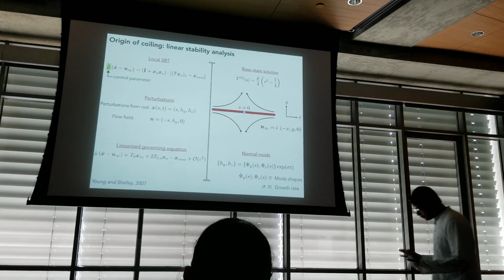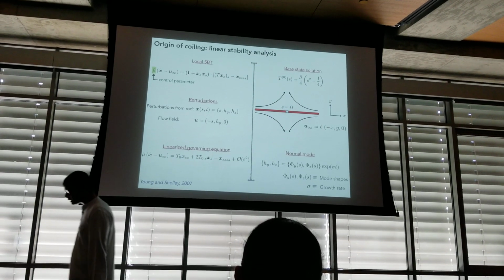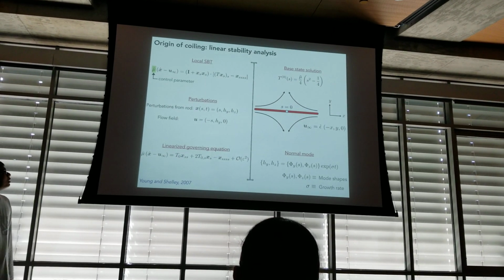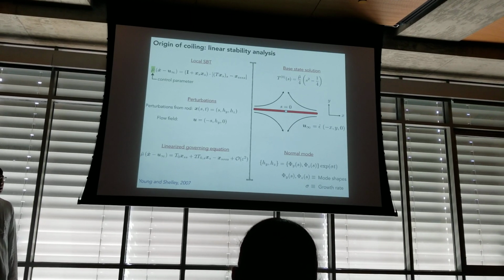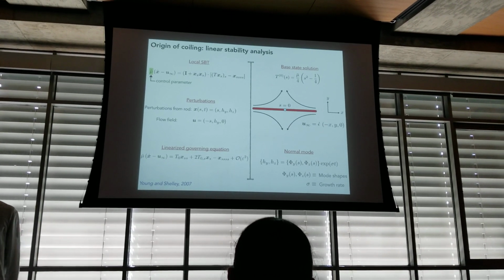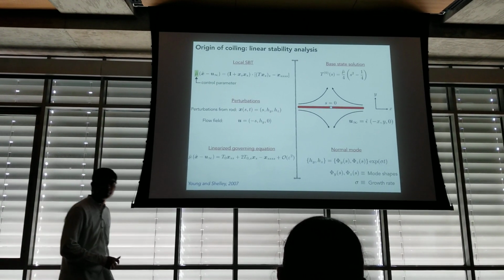Okay, so I have told you about morphologies of the filament, but let's now go back to this question of why coiling happens. And to answer that, I start with the linear stability analysis of the slender body 3D equation, and I'm now thinking of a non-Brownian filament, so there is only one control parameter in the problem. That's the mu bar, or the elastoviscous number, and that's the forcing term.